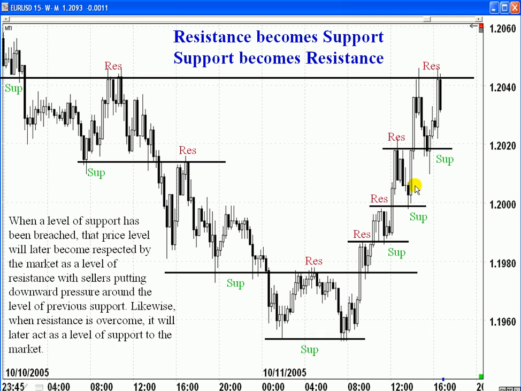The other point that I want to note here is this: look at how long consolidation is and look how short a period of time it takes for it to break through the base of consolidation. Then we have another consolidation in this range here, and look how short a period of time it takes to break through consolidation. Again, another range of consolidation between support and resistance, and then price breaks through. Look at the length of time between support and resistance, price breaks through. What this should tell you is this: